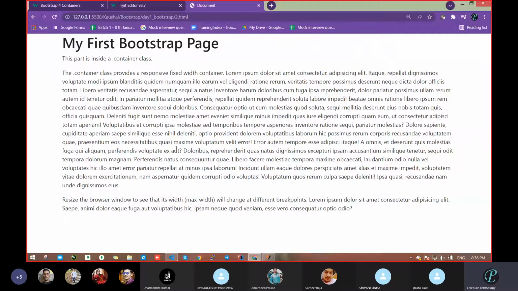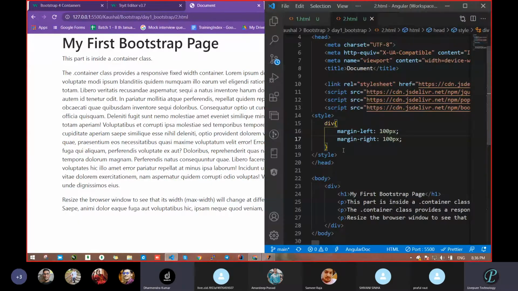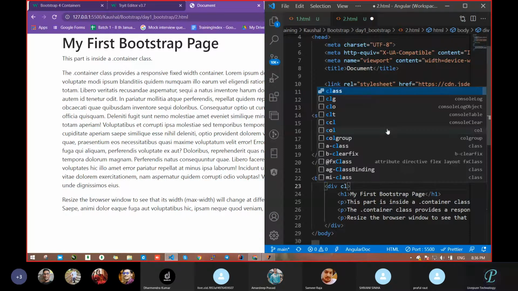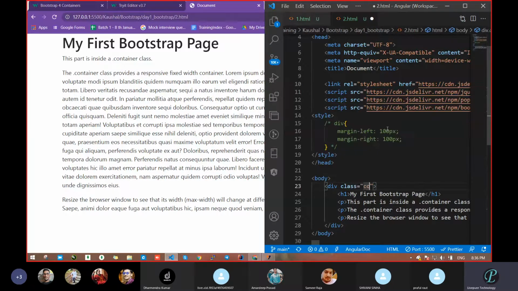Now it's clear. Did you get the idea? Now comment this. Padding is not required, but let it be. Comment that now, and I will take text align center. Now I will take the Bootstrap class, that is container.